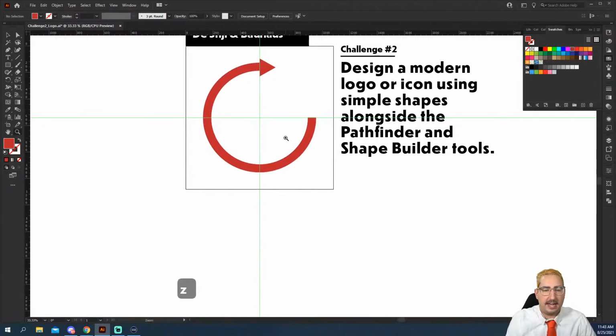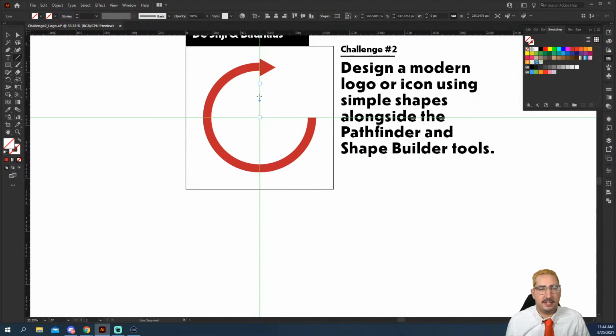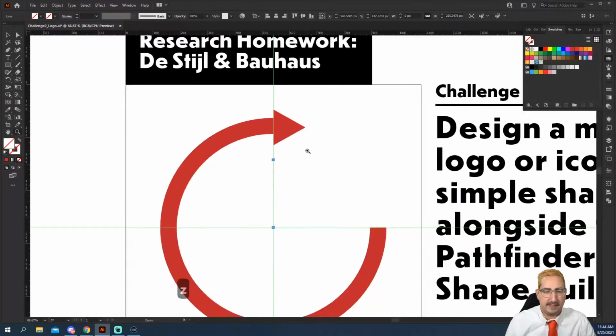And maybe I want to add a couple other pieces to this. And the thing that I want is to kind of create some lines. It's a lot of kind of simple lines, and maybe start to abstract some of this. So let's create some lines as if it were a clock. What we're going to do is use the line segment tool here. We can click and drag, and you can't see it there, but it is making a line segment. A line segment basically starts in one place and stops in another place. So from one place to the other, just creating that segment.